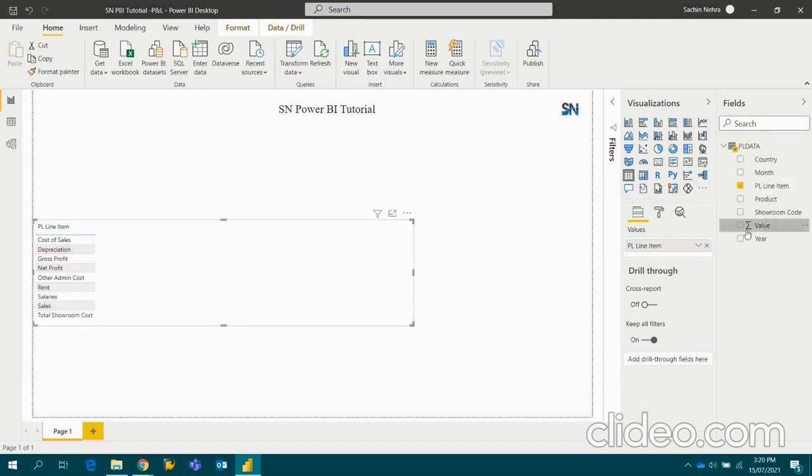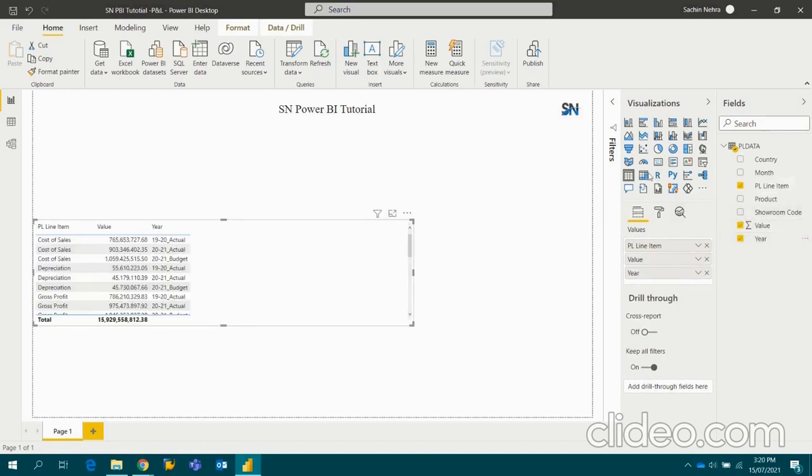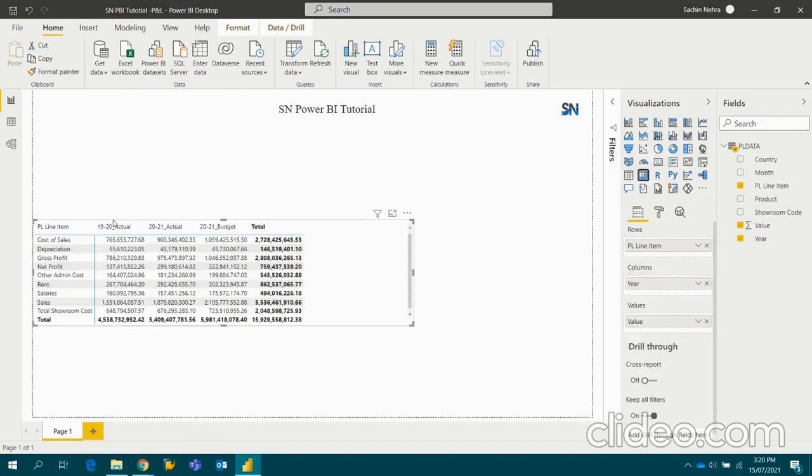I'll bring my value, I'll bring my year, and this is my table and this is my matrix. I'll click on the matrix so that I can show you the year on year numbers.